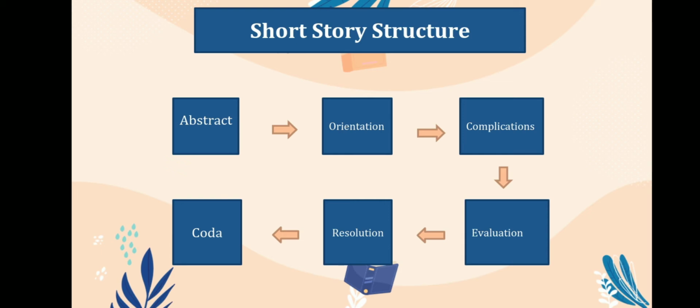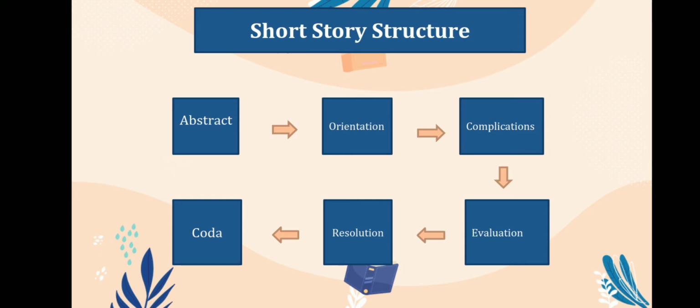2. Orientation. In the orientation of a short story, it usually explains the background of the story such as the time, atmosphere, place or location used in the description of the short story. 3. Complication. Complication describes the structure related to the initial presentation of the problem faced by the character. The character of the characters is also explained in this section.